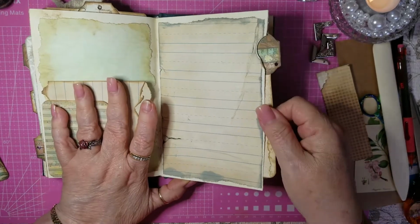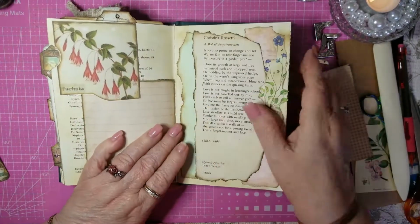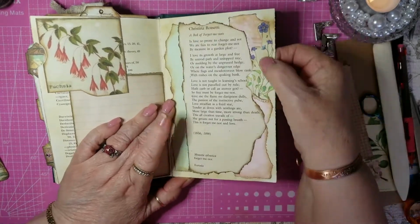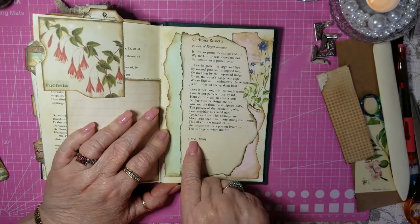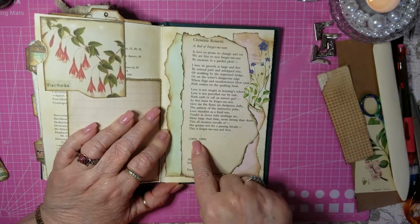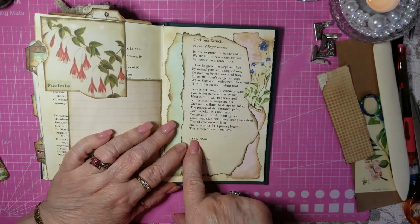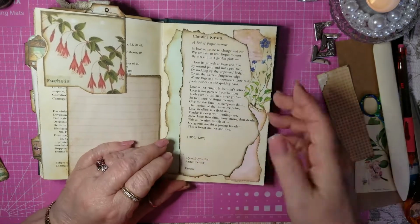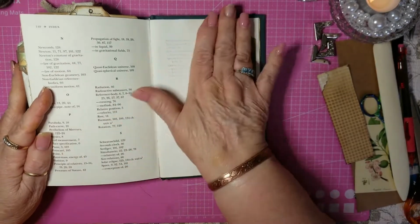Another journaling card. Writing space. Here's another poem. This is called A Bed of Forget-Me-Nots, and I happened to find a little forget-me-not picture here. And this was from 1856, somewhere between, she probably died in 1856, and it was published in 1896. This I haven't decided what. This I have